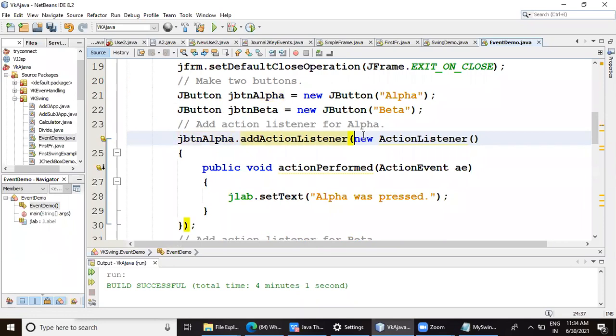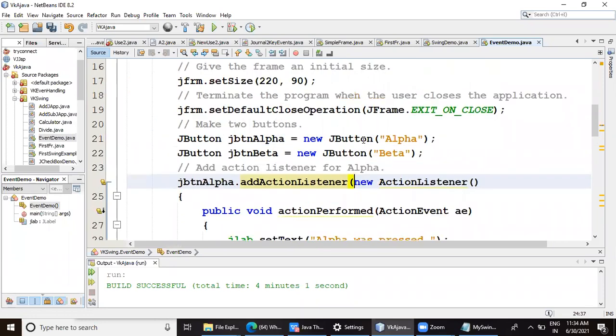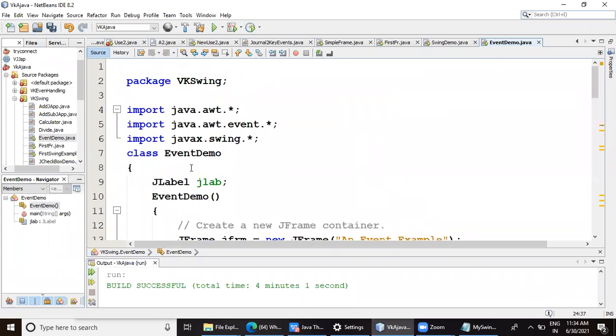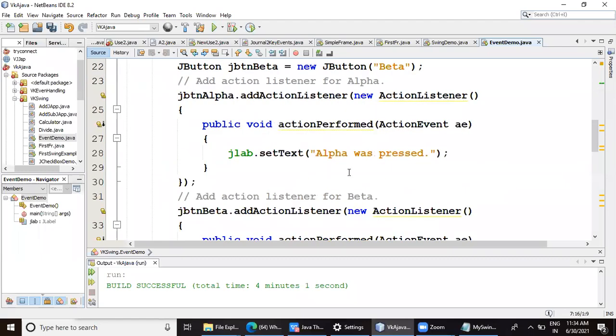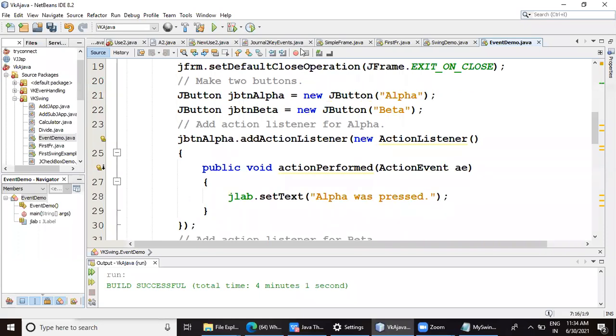This means the current instance of the class, because when we implement that particular ActionListener, this class itself becomes an instance of that listener. So we would write this here, but we have not created a class which will inherit the listener and then override the actionPerformed method.